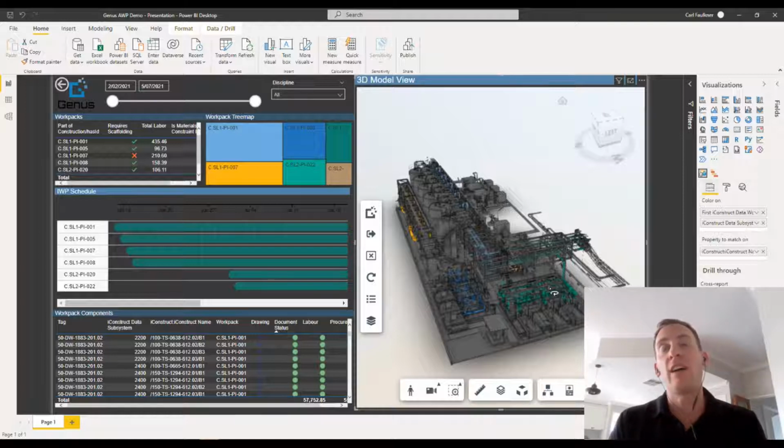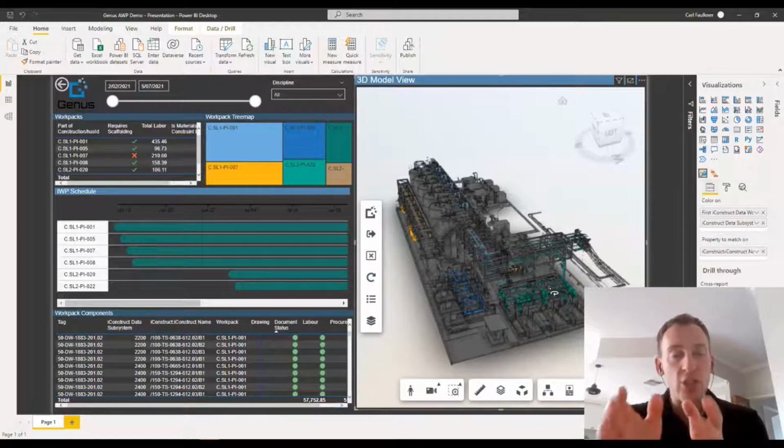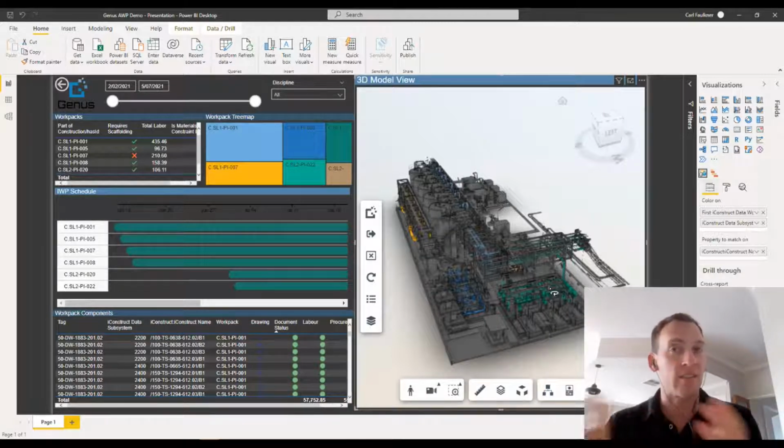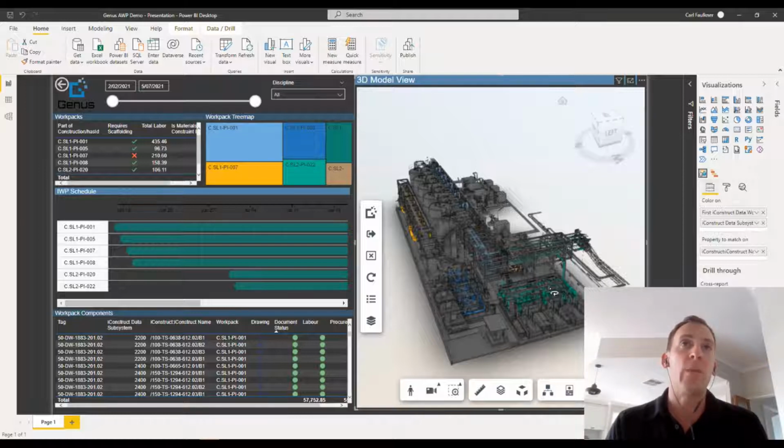If you provide the end user the conditioned, cleaned up model that is hosted in Genus, and then give them an understanding of how to connect their data sets to the model, then really we can allow users of all different types and skill sets, and different roles within the business and the project as well, to develop their own dashboards, but still getting the power of geometry and data. And that's really where we see the future of digital engineering going. In the current state it is really cleaned up cloud-based collaborative models,